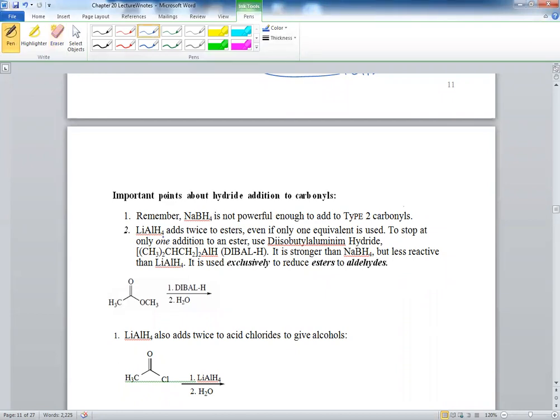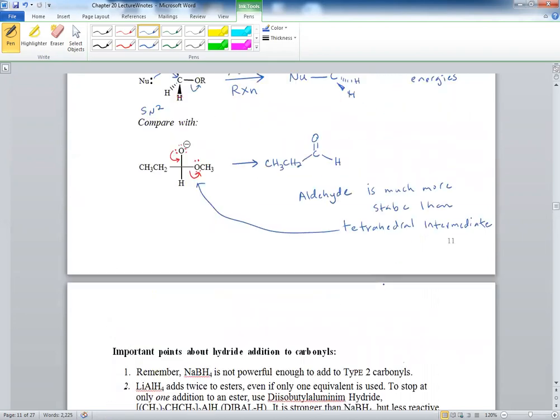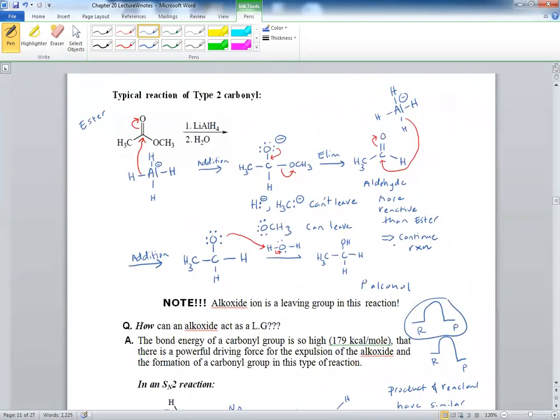And number two is if you add lithium aluminum hydride, which is a powerful reducing agent, it would add twice to the ester, even if one equivalent is used. So if you recall, this is basically what we did in the last reaction. Notice that we did not stop at the aldehyde. The reaction kept going until we ended with an alcohol,